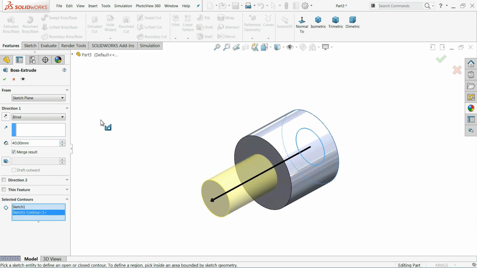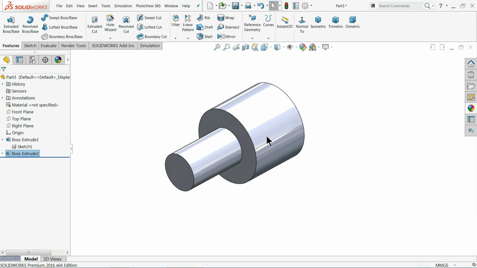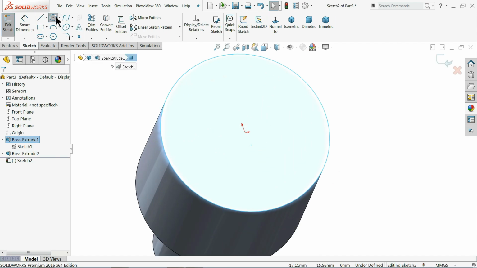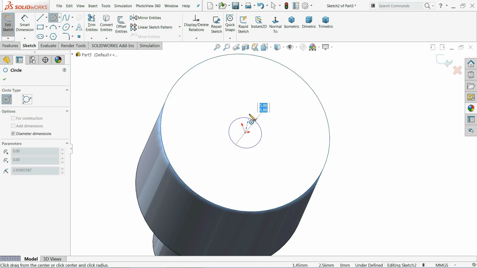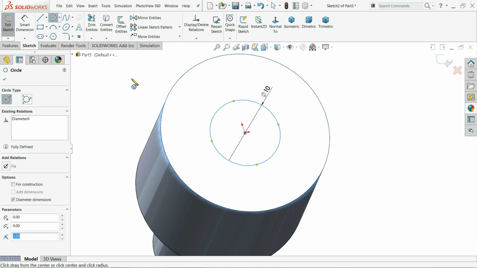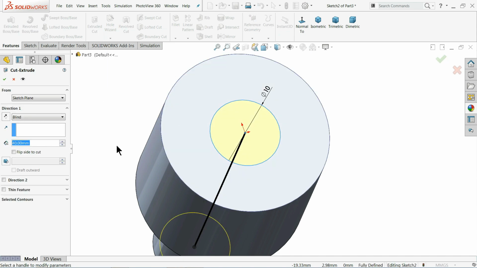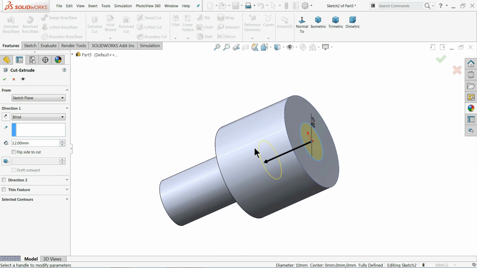Now see, a sketch, and here the small circle 10 millimeter. Go to feature, select extruded cut, and we want depth only 12 millimeter. Now see, preview.